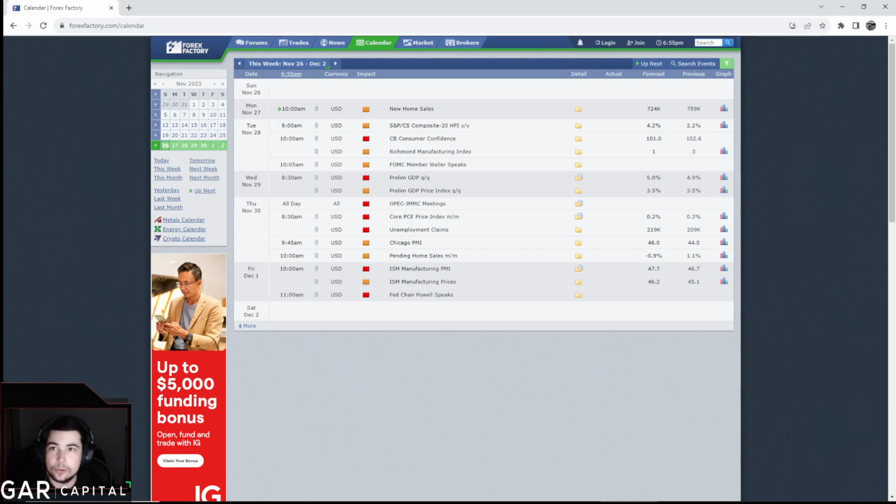Starting off with the Forex Factory economic calendar, let's take a look at what we have. Monday's pretty quiet. Again, I don't pay too much attention to the orange label news. My focus is really red label, but it's good to know that something might give us volatility during the week. Tuesday, eyes are on consumer confidence at 10 a.m. We also have an FOMC member. That usually doesn't give us too much swing in the market, but it might stir something up.